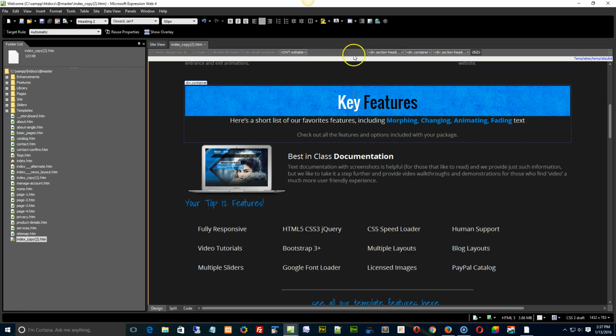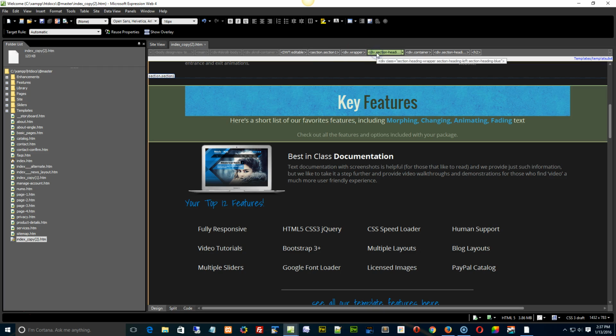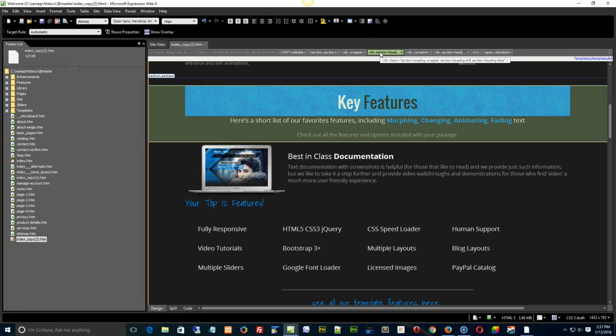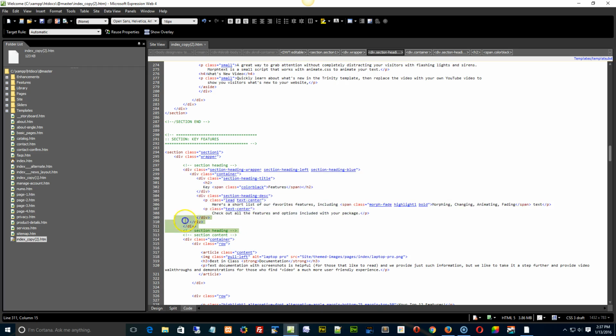The whole thing is called the section heading. If you select one of the words and go up to the quick tag selector bar, there's the section heading right there. And if we go to code, if you want to use this in another page, we've commented it for you, or added comment tags, I should say. So you can copy this entire block into another page and paste, and away you go. Now, some of the unique features: we have section heading left, you can change that to section heading right. We have section heading blue, you can change that to green or orange,